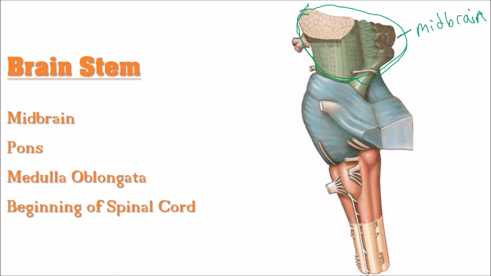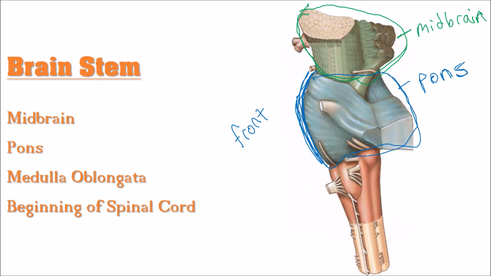Then right below the midbrain there's this very prominent bump. There's this big, huge bump. And again, this is the front. You're looking at the side view of this. This big, huge bump right here, this blue section, this is going to be the pons. I have no idea why it's called the pons. Just remember it's called the pons. Now this red beneath it,